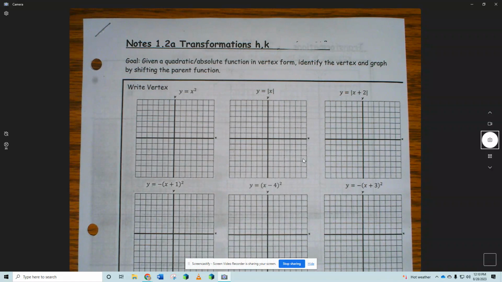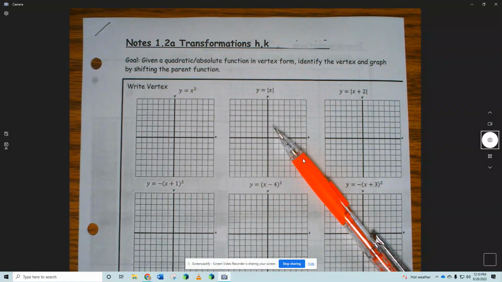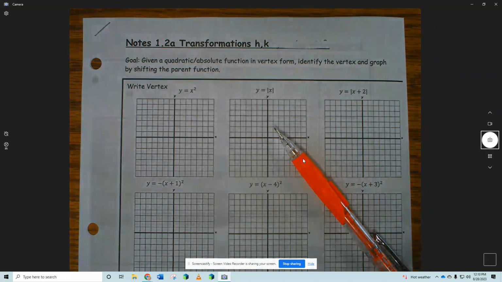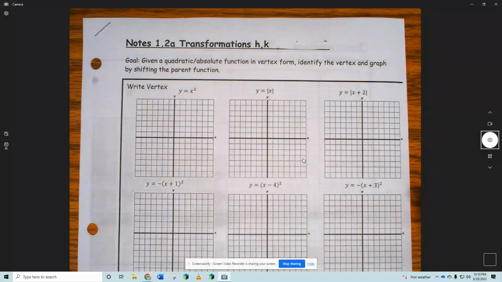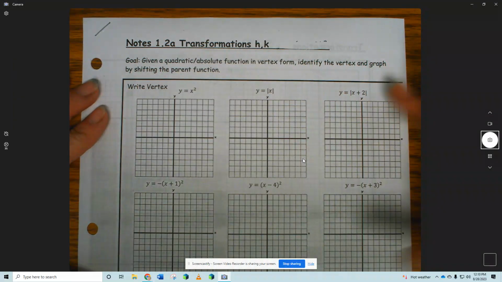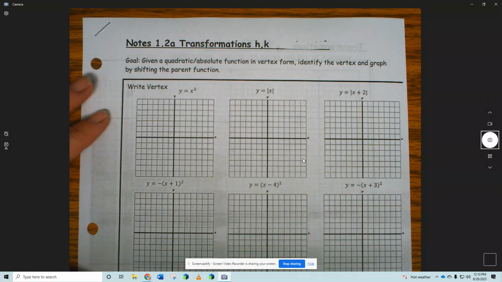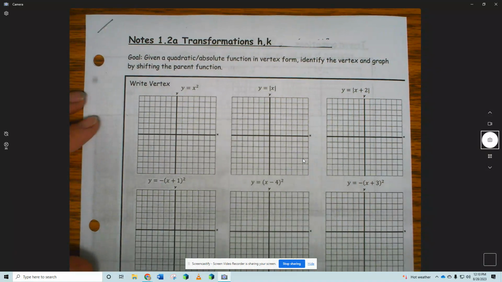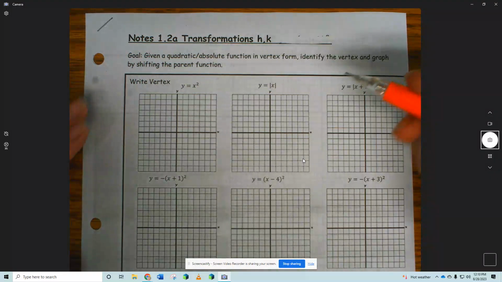So, here we go. We are talking about H and K, which is a shift, a transformation. The H is going to be in parentheses. The H could also be an absolute value. So this whole front side is going to be our H, and then the second page is just the K. And then we're going to do all of it together. So H and K. Reminder,